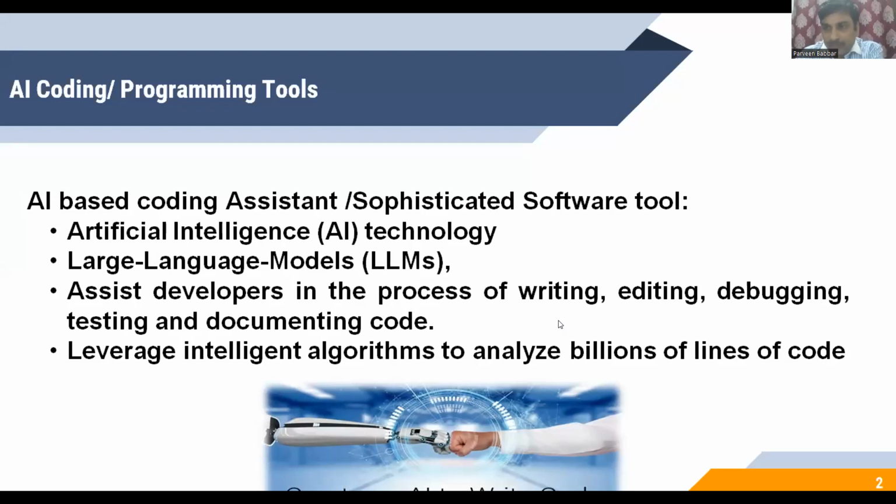And these have been available for the last 10-15 years. It is not that they came into existence just now with the availability of AI and ChatGPT. These were there, but now the AI potential has been added to it. The moment you write something, the code is on your screen. It was not like that. We used to put the code, but then we had to find the errors. It used to highlight them and get the snippets of that. But now even the errors are being detected and shown on the screen itself.